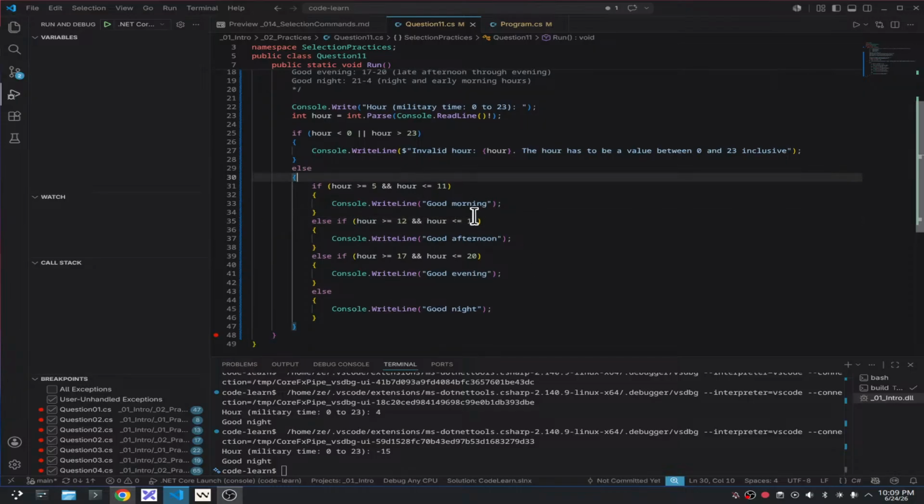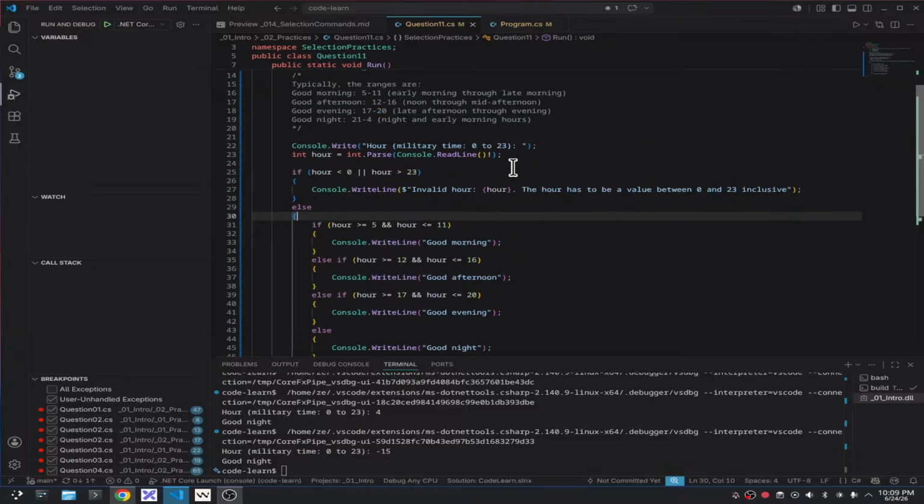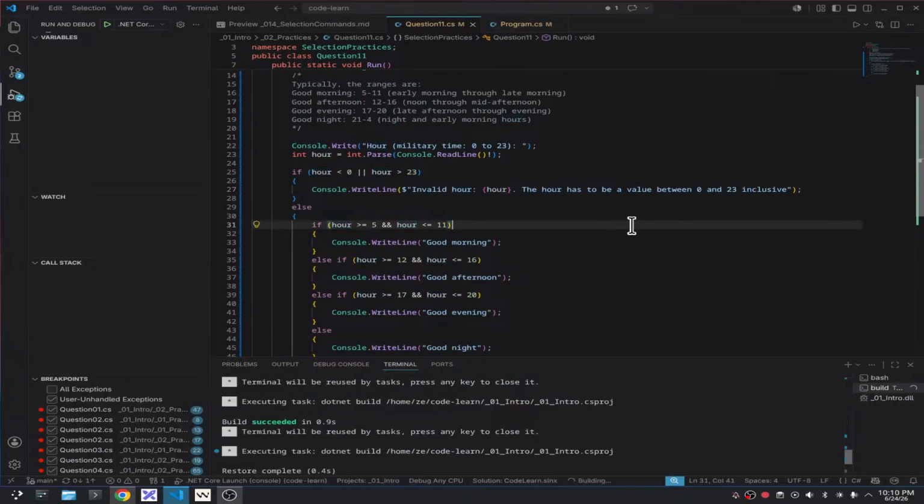So why is this a better solution? Because here I make sure to do what they call sanitization. I'm getting the input and testing: if hour is a negative number or is greater than 23, I just show a message, invalid hour, whatever the hour is, and they say the hour has to be a value between 0 and 23 inclusive. So now if I run,